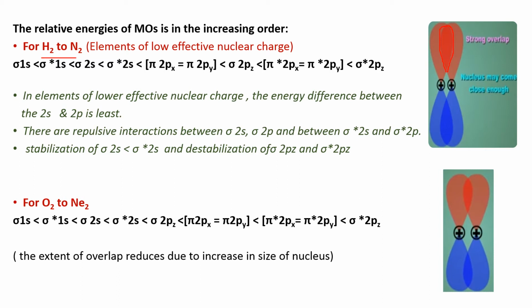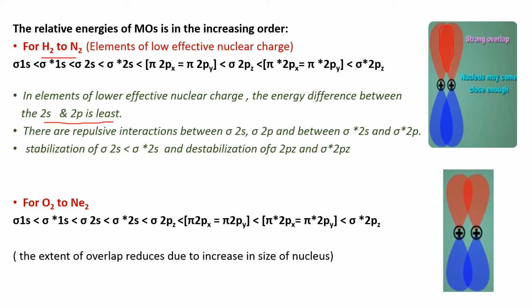At the same time, in elements of low effective nuclear charge, the energy difference between 2s and 2p is least. Because of this low energy difference, there is interaction between